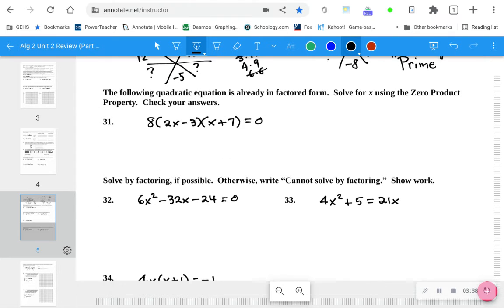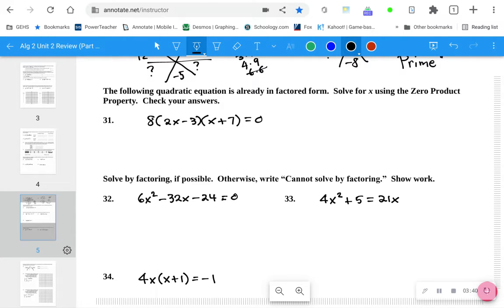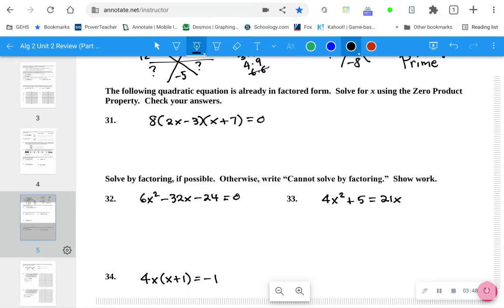Okay. On this next one here, we have a factored expression already, and we're supposed to find the solutions. It does say equals 0, and when three numbers multiply to give 0, at least one of them has to be 0. Well, let's try this one, and that's a bust. 8 never does equal 0. If you set this one equal to 0,